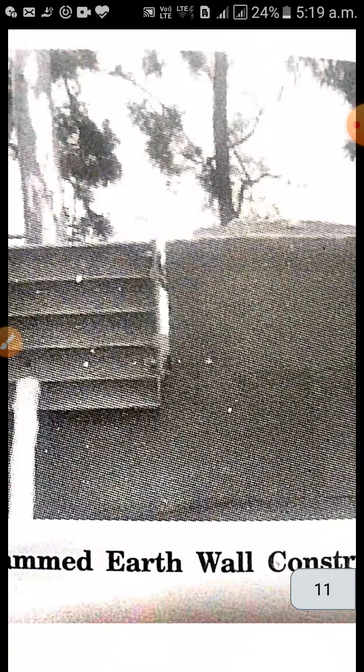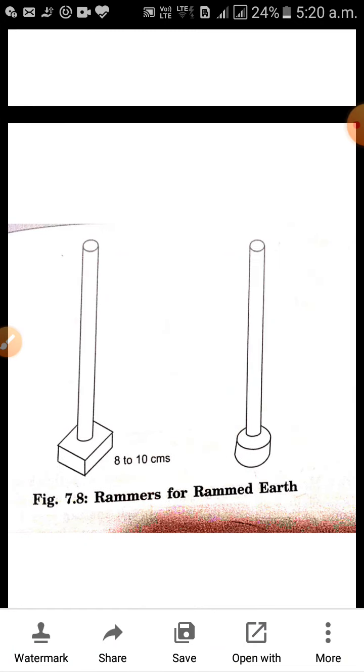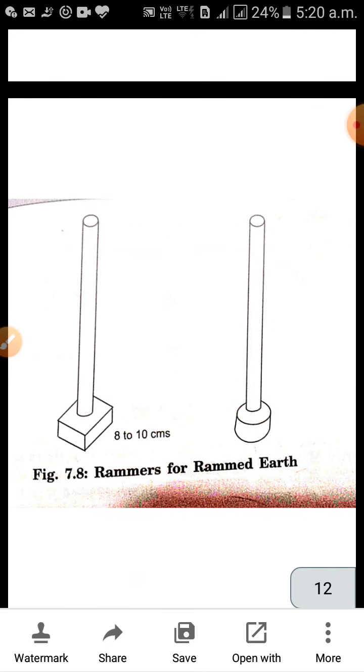See, this is a finished construction of a rammed earth wall. See here, they have sheets. All the four sides, they'll have sheets. So in between that, you put the earth. Okay, mud. Then you ram it suitably. Compact it. So you'll have a wall block. So this technology can also be used. So again, you can achieve more strength and the cost is less. So these are various technologies which can be used in masonry construction to reduce the cost, by reducing the material, and also by improving the strength.